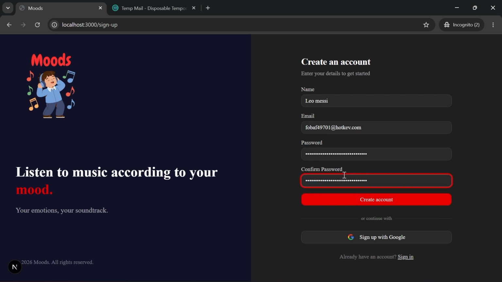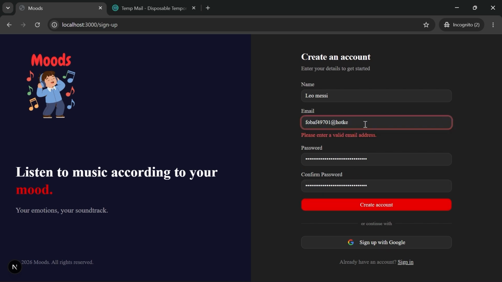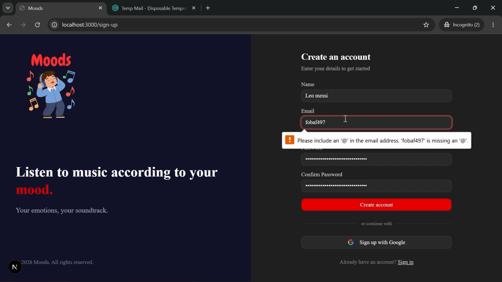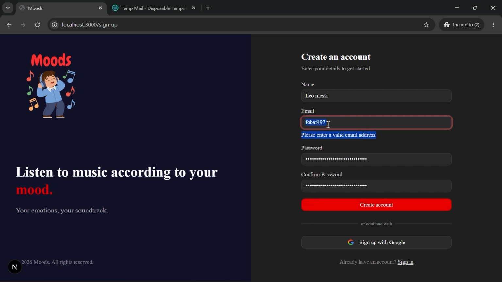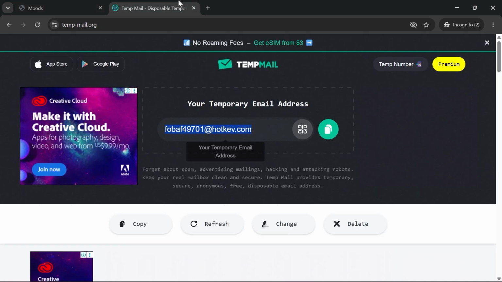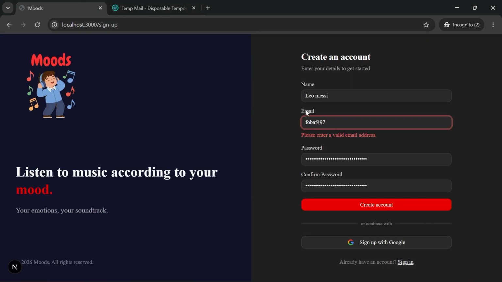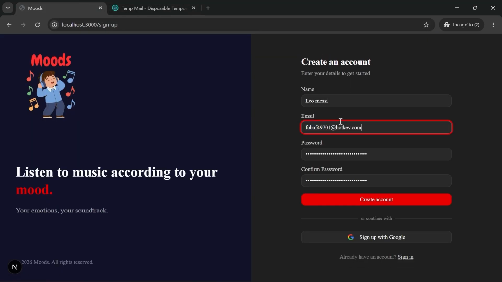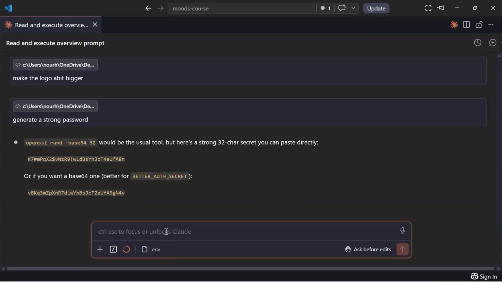Very nice. Now let's provide the right password and let's remove that M, or let's remove all of that. Yeah, click on create account. It's telling me please enter a valid email address, so I'm gonna provide the valid email address. Okay, very nice. Now before creating an account, I'm gonna tell Claude save that